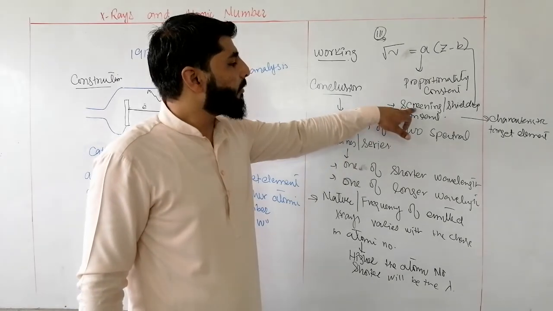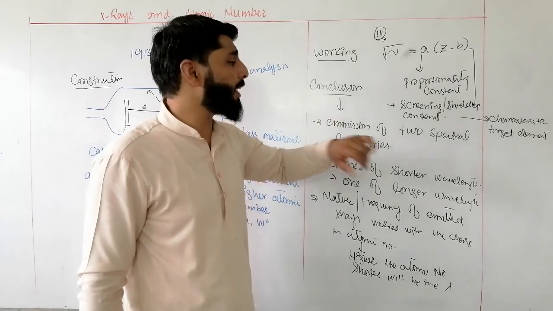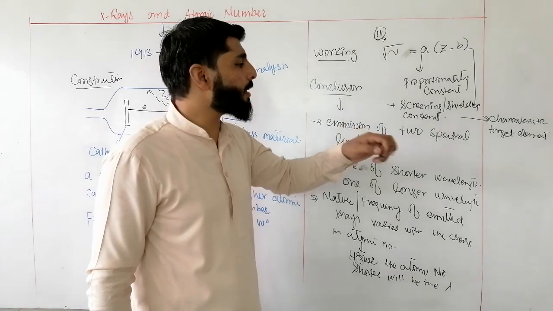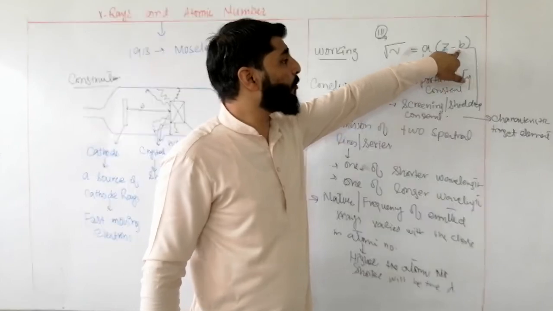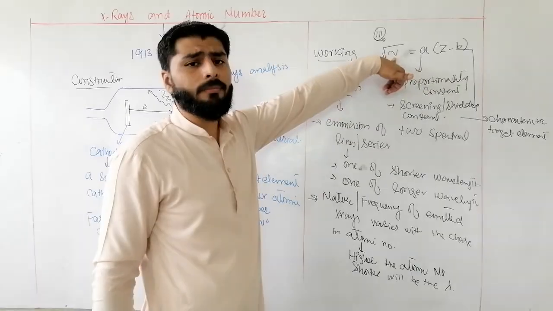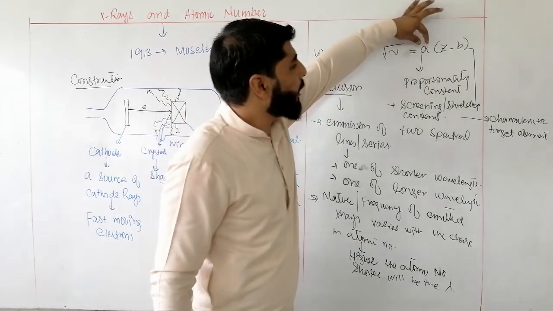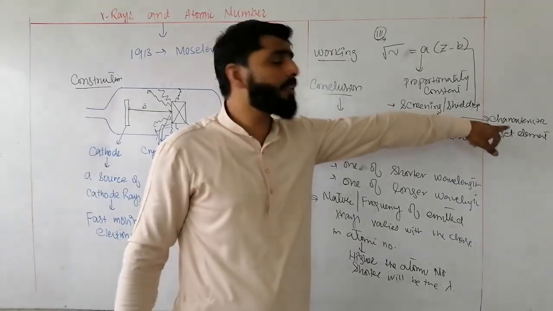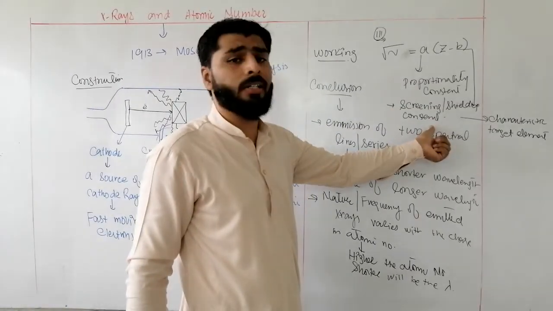It means with the increase in atomic number, there must be an increase in size, and with the increase in size, shielding or screening effect gets higher and higher. As a result, the shielding or screening constant will also increase. When the value of B increases, the value of nu, the frequency, decreases. So A is the proportionality constant, and B is the screening constant, a characteristic of a specific element. Every element has its own screening or shielding constant.